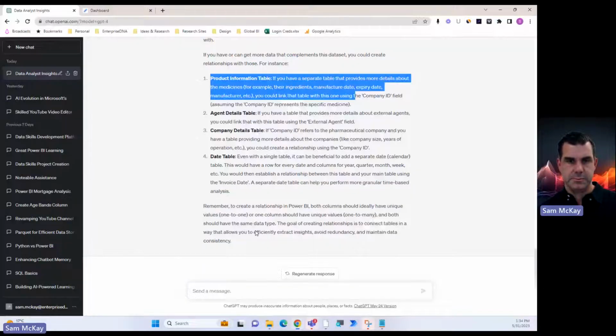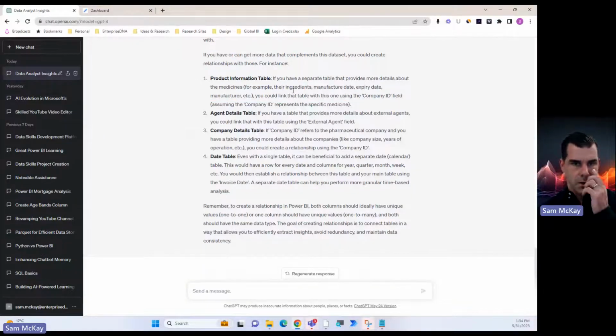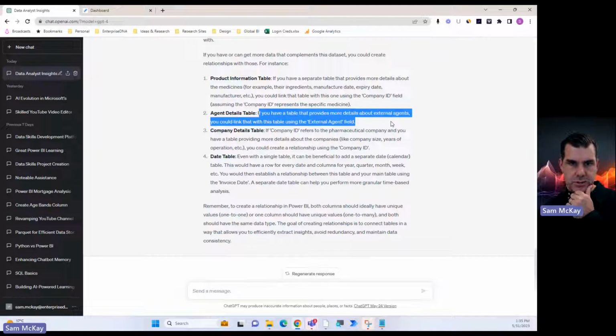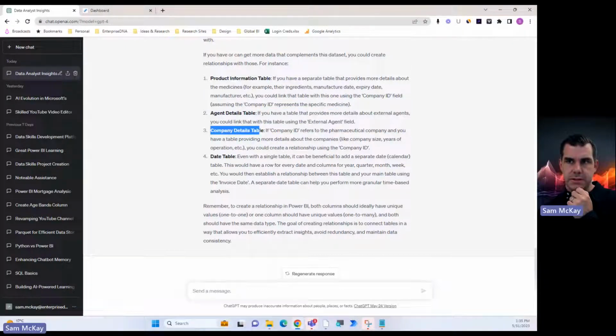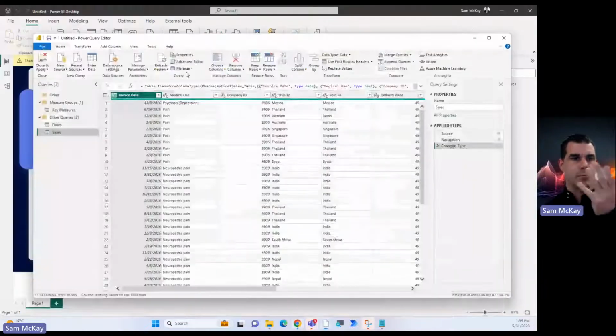Okay, so if we go back to ChatGPT, what it tells us to do: product information table, agents details table, company details table. If you have a table that provides more details about external agents, you could link that to this table using the external agent field. Yeah, potentially. But let's just create these two, product information table and company details table, okay? And this is how I would create them, right?